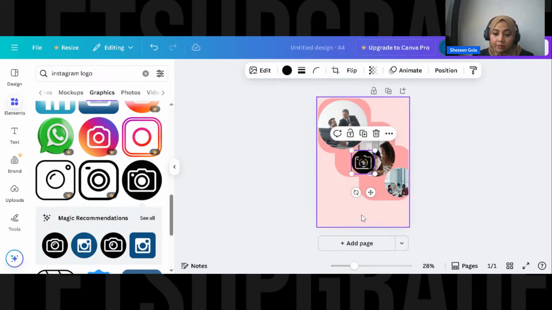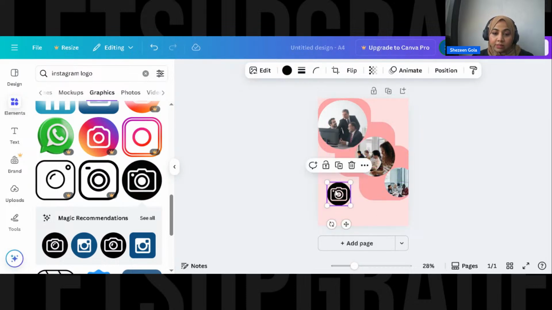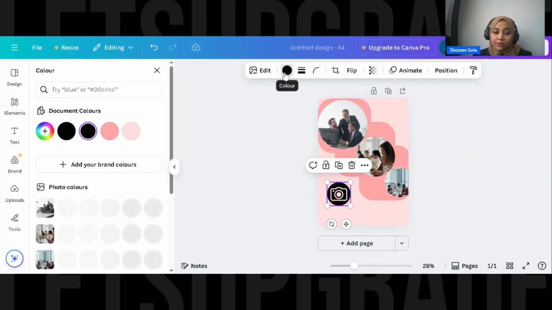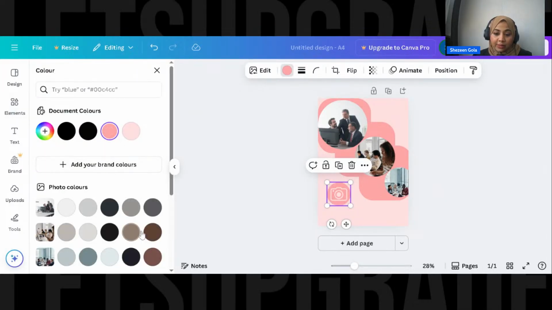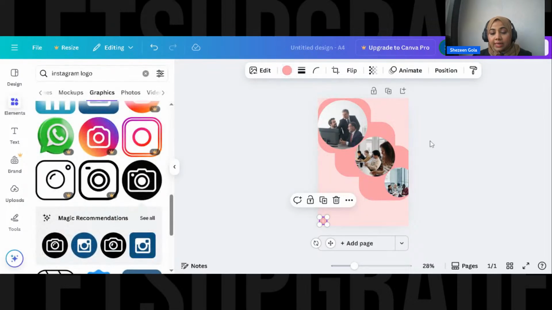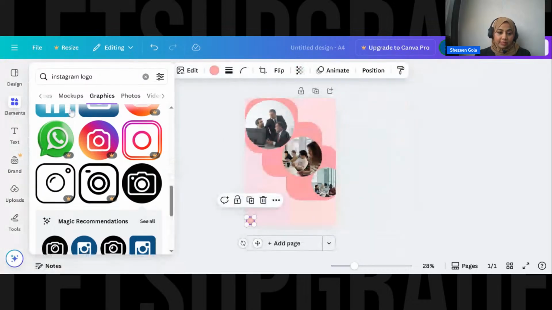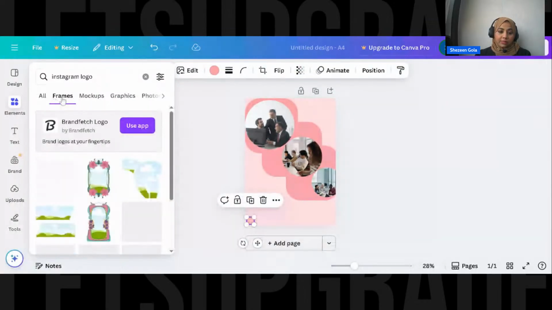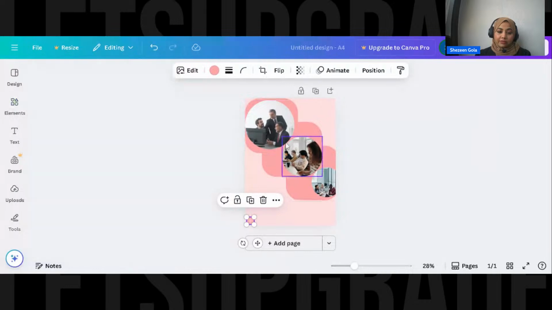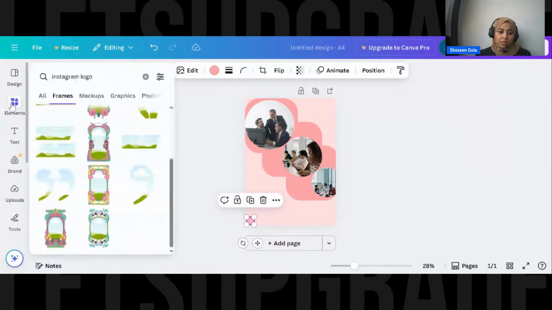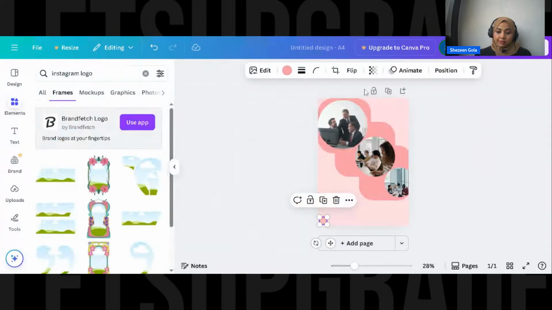So now let's resize it. And when we resize it, we can change the color. So anything you see will have a color here. So I can change it to any color I want. Okay. So for now, let's keep it pink and let's make it really small and keep it below. Okay. So basically, I'm trying to make a flyer using elements. So these are the frames, these are frames which I told you we used.